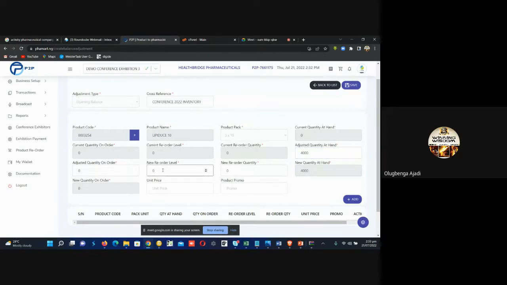Then for the reorder level, for the purpose of the conference, you are not actually doing reordering, so you can leave this at 0. Then you can also put in your unit price here at this point. You can say maybe this sells for 1,000 naira, and if there's a promo, you can indicate the promo. Mr. Ajibade was talking about the promo earlier on. If there's a promo on this particular product, you can maybe say buy one, get one free. Or maybe, at least for the purpose of this training, buy three, get